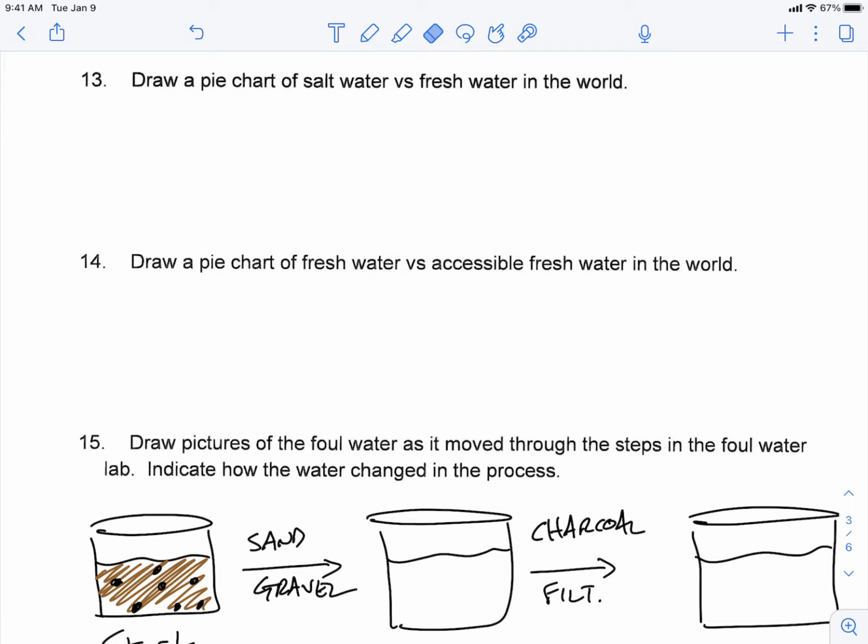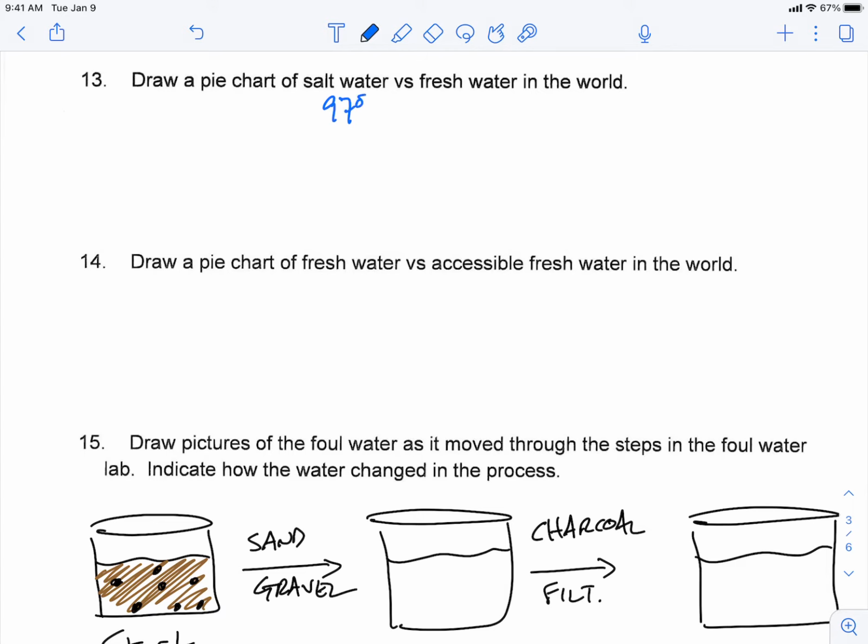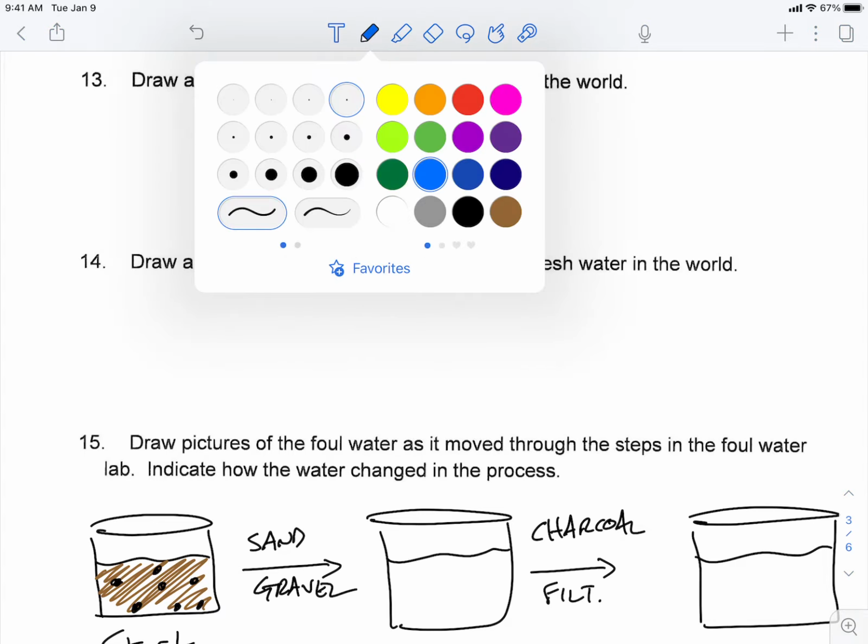All right, on to number 13. Draw a pie chart of the saltwater versus freshwater in the world. All right, so we want to know that the amount of salt water in the world is around 97% of all the water, 3% for fresh. So if I'm drawing a pie chart